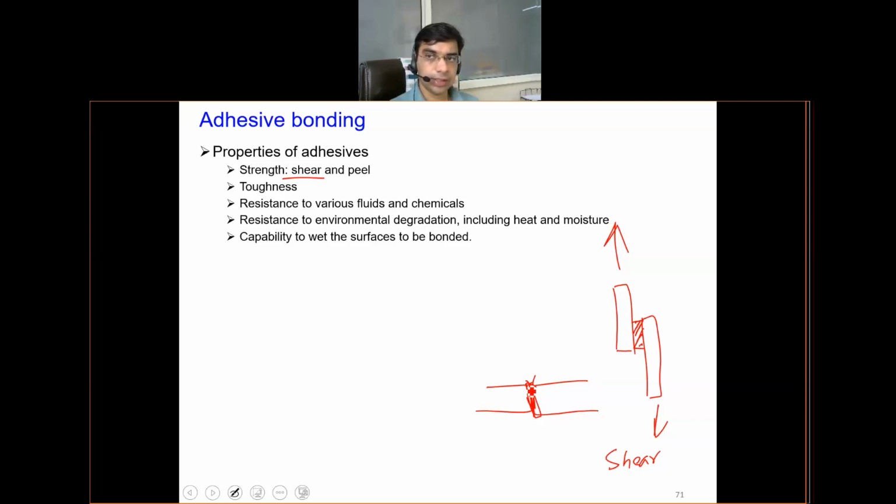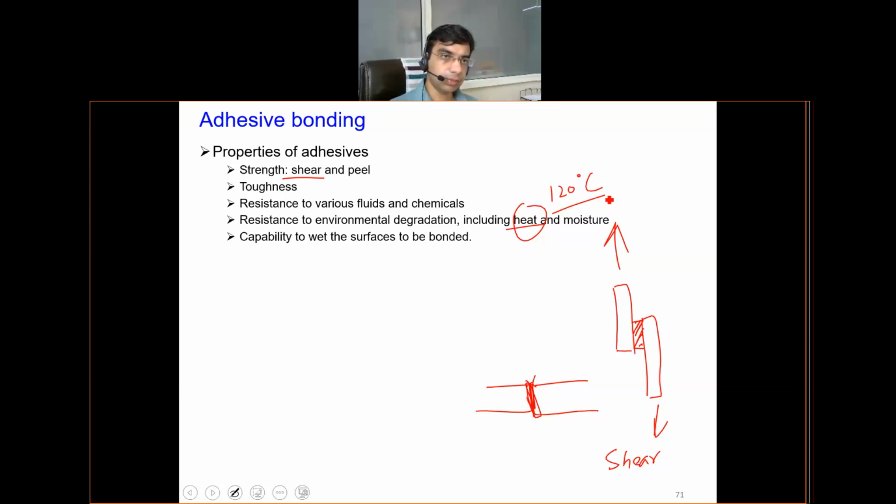These are generally very inert to external atmospheres like chemicals, environmental degradation, heat, and moisture. Heat, to some extent, not fully, but up to say 120 degrees centigrade or so. Maybe it can go as high as 150 degrees centigrade. The reason why it cannot go beyond that is the role of the thermoset epoxy, because beyond 150 degrees centigrade the epoxy will get charred or burnt away.